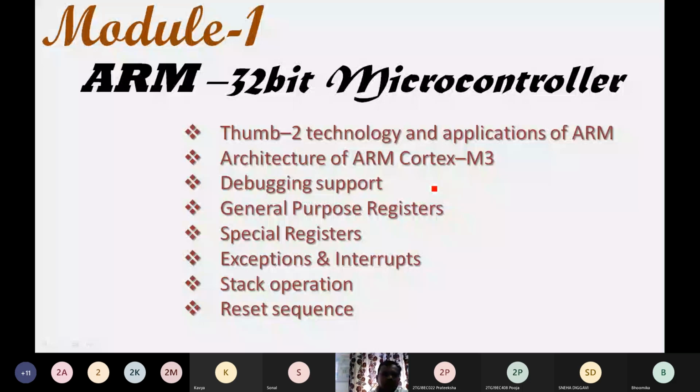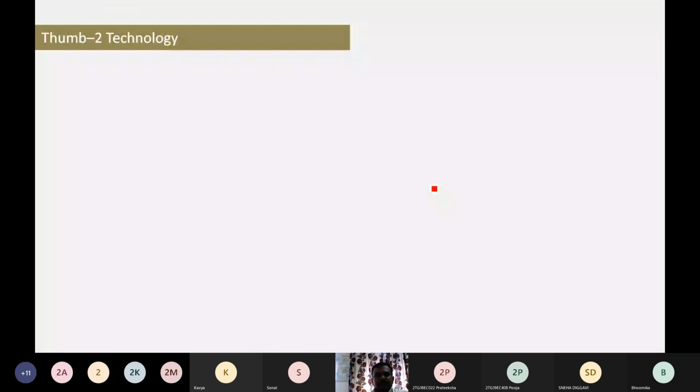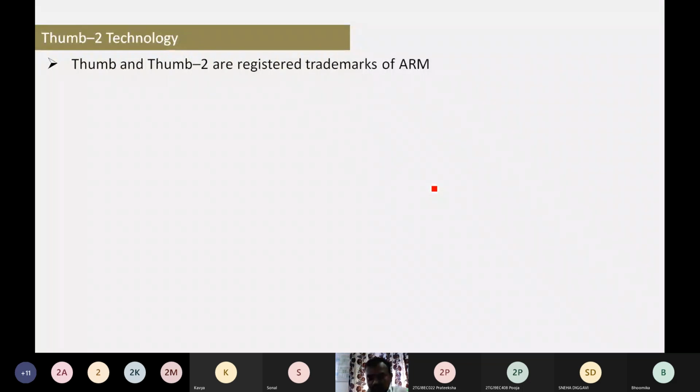So let us begin with what this Thumb 2 technology is, the Thumb and Thumb 2. We have a family of ARM processors, but we are not going to discuss all of them. We just begin with the concept of Thumb and Thumb 2 technology.